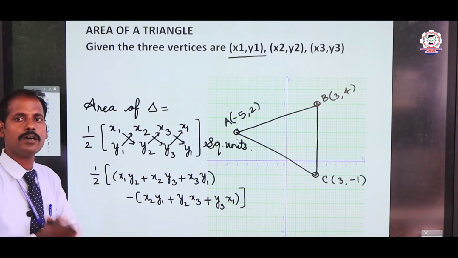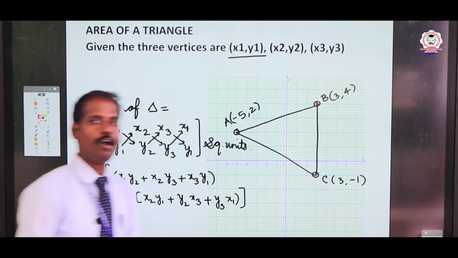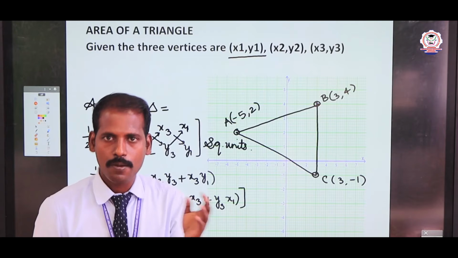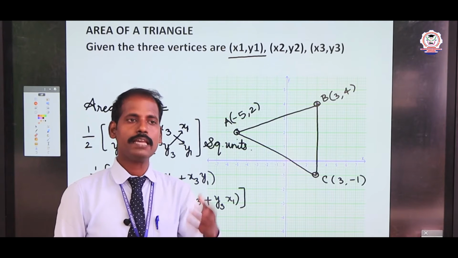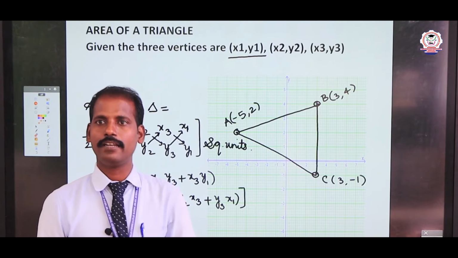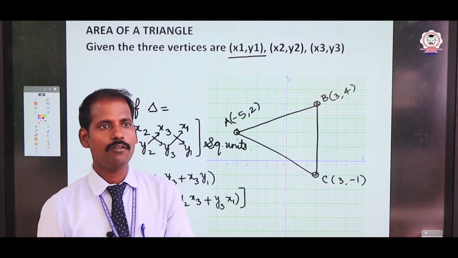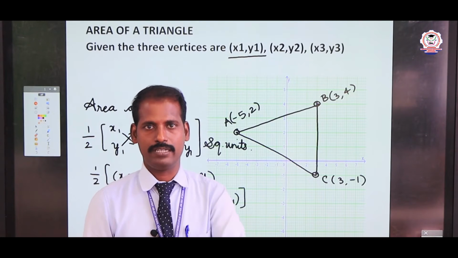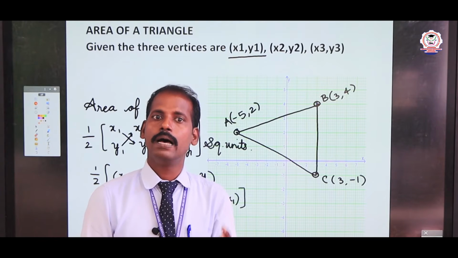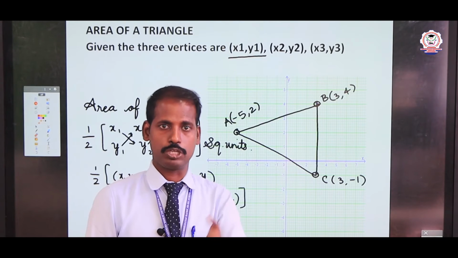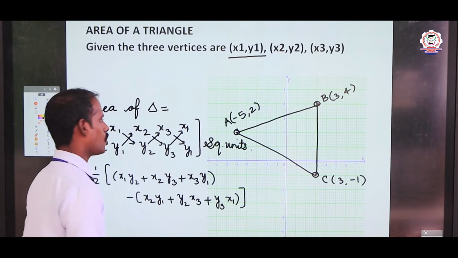That number should be positive, because whenever you complete the area of triangles, only a positive value is taken. We can say the answer for area of triangle is 50 square units. Minus 50 square units is not right, because area must be positive. Okay. So that is the concept.